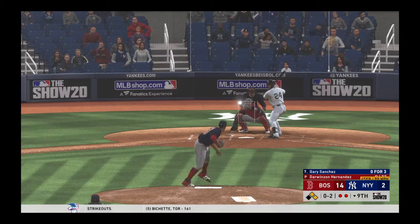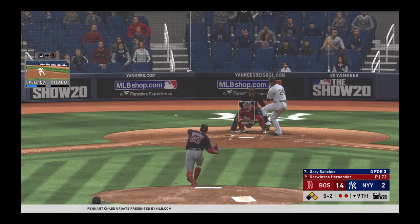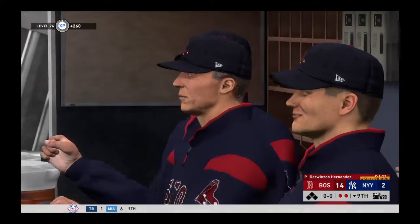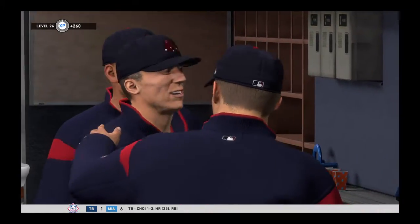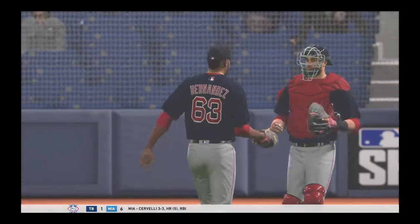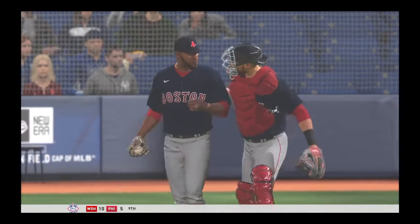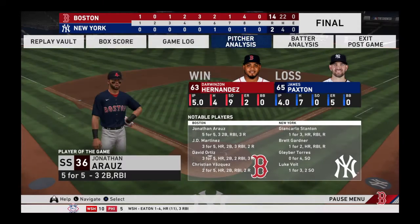Gary Sanchez is in with 2 away now as he looks at a called strike 1. Behind 0-2 now. Swing and a miss. He struck him out, and that'll do it here as the ball game is over. Man, they've already put the all-time winning streak record in their rearview mirrors. But with every win, it gets further and further away. We could say this now. This is one of the greatest teams in the history of baseball. 14-2, the final score in this one. The Boston Red Sox get the win on